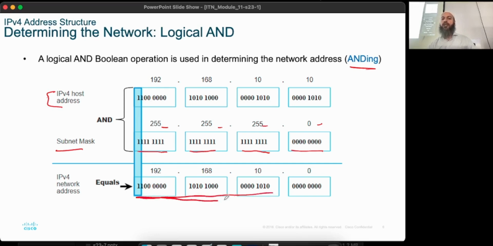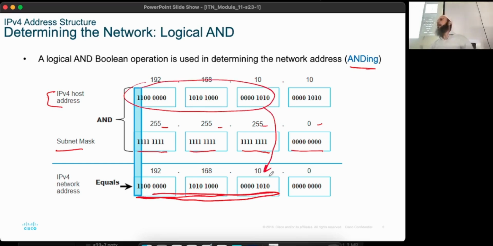So what this is going to do is take this and basically copy it over here. Why? Because if initially it was a 1, it will AND with a 1 to give a 1. If it was initially a 0, it will AND with a 1 to get a 0. So it's essentially being copied down. Binary operations are very clean because of these properties. If you AND anything with 1, you get the same thing back.